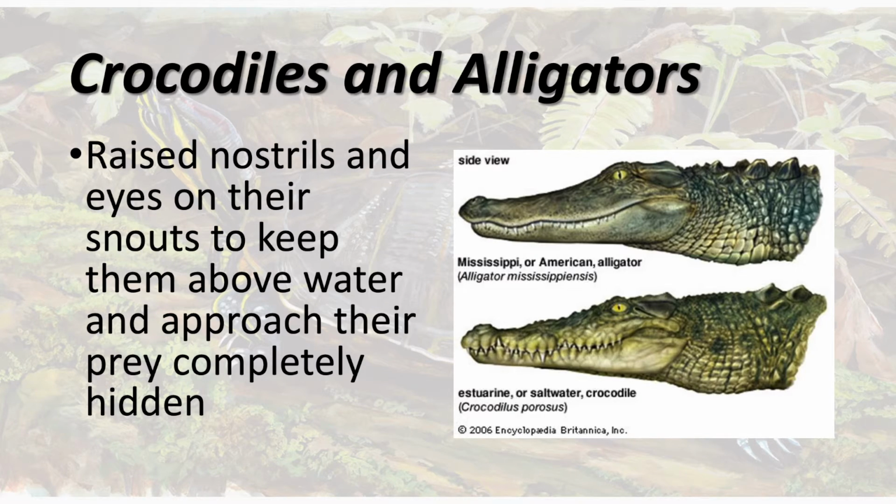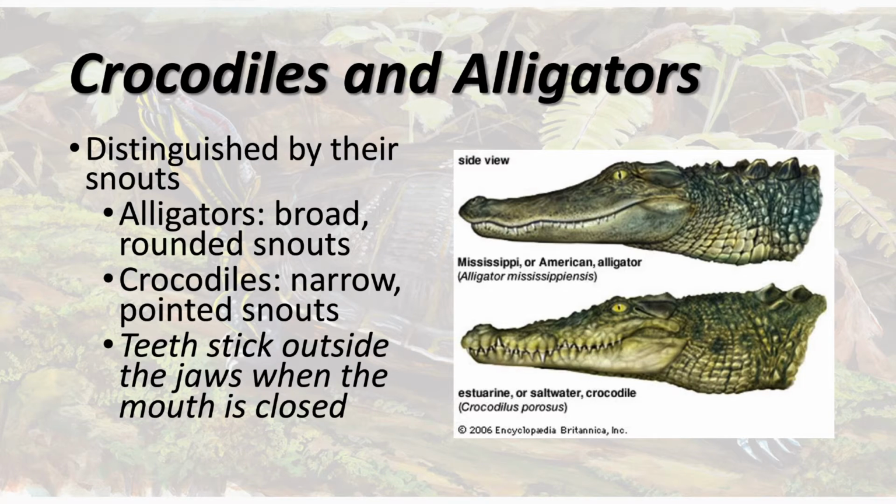So if you look at the alligator at the top and then the crocodile at the bottom, you can see that there are obviously a lot of similar features, but there are also some different ones. First of all, similarly, they both have raised nostrils and they have eyes at the top so that they can peek up above the water so that they can watch their prey or just watch for danger. And they also have